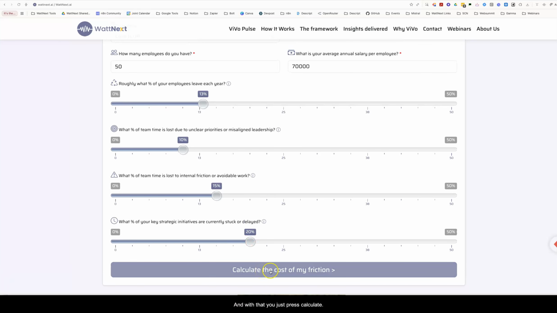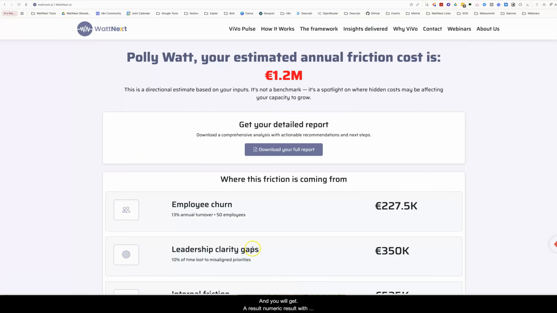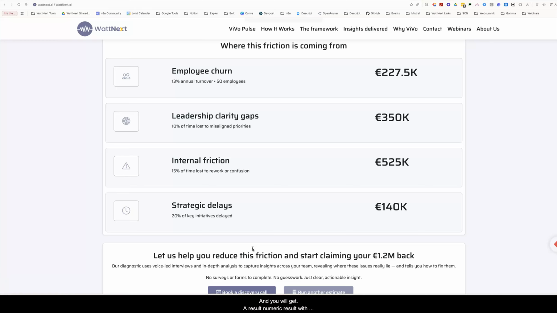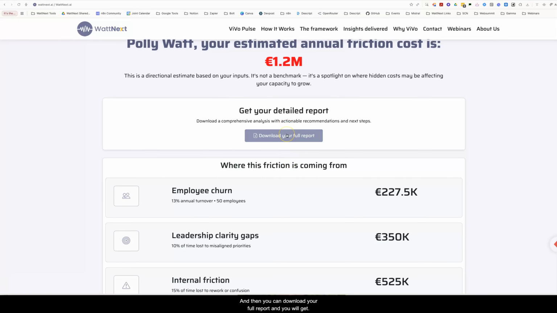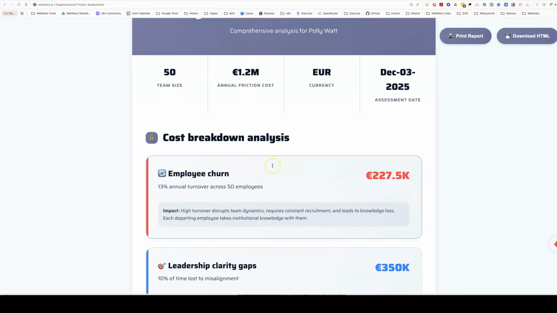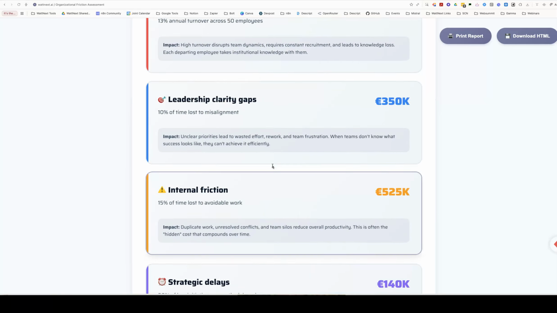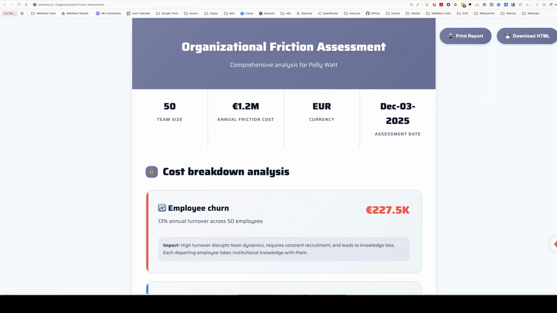And with that, you just press calculate the cost of my friction, and you will get a numeric result, with the overall score at the top. And then you can download your full report, and you will get a report similar to this, which will be sent to you by email anyway. Then what we do beyond that is